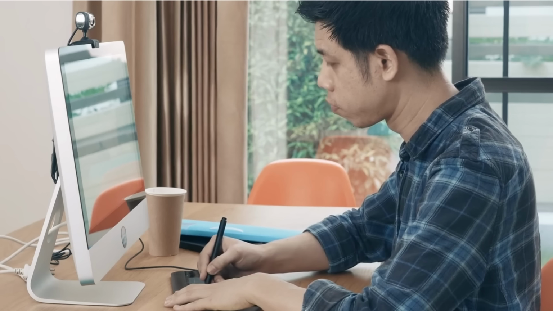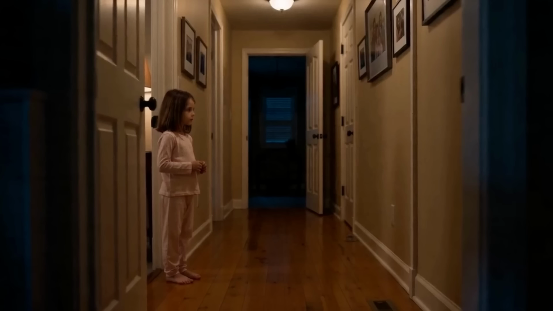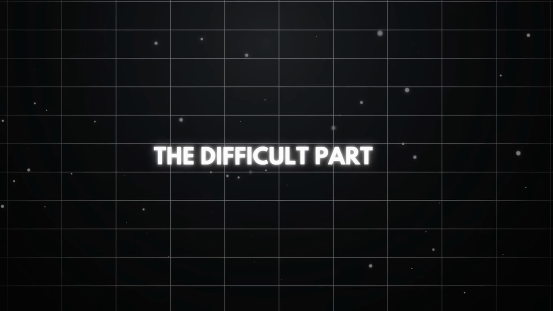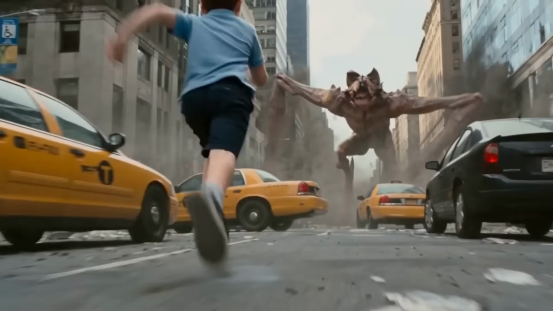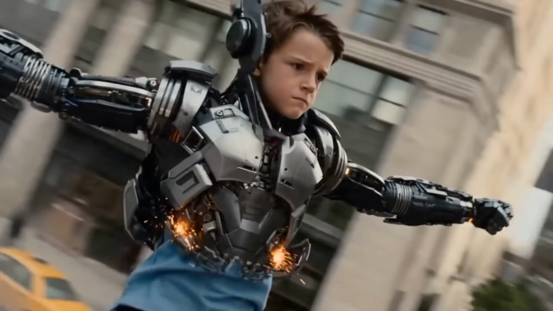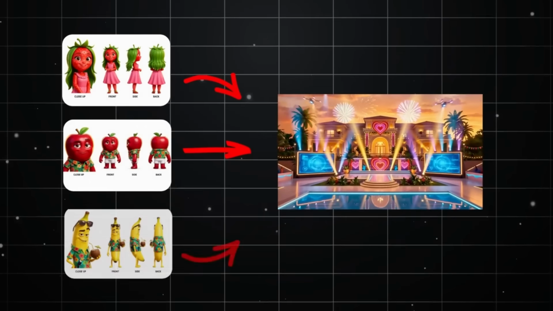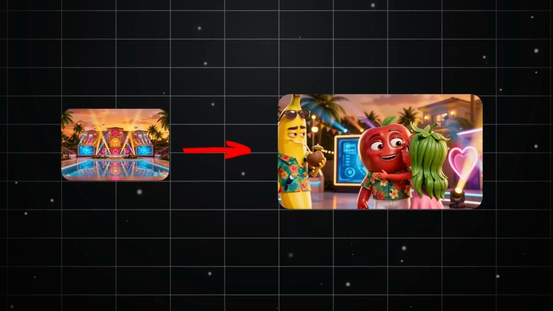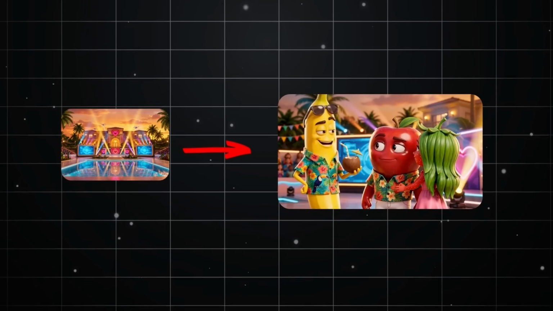Now, before we start creating our AI series, let's talk about the biggest problem most creators face when working with AI video. Generating one impressive scene is not usually the difficult part. The difficult part is maintaining a connected story. When you're creating a short drama, you are not just making random clips. You are building a world. You have characters with specific appearances, personalities, and backgrounds. You have locations that need to feel familiar. You have a visual style that needs to stay consistent from one scene to another.